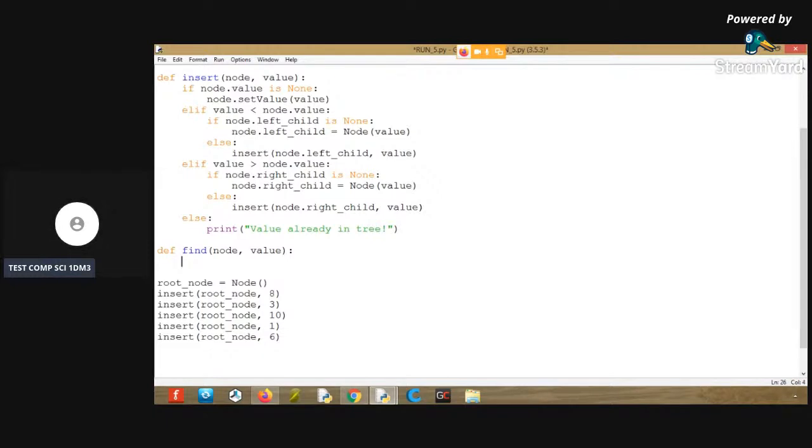Okay, so our logic is going to be, I'll do it simply first, but there's a caveat you have to watch out for. I'll say if node.value is equal to the value we're looking for, then we can just return true. Otherwise, we have to then look at half of the tree. So I'll say if node.value is greater than value,